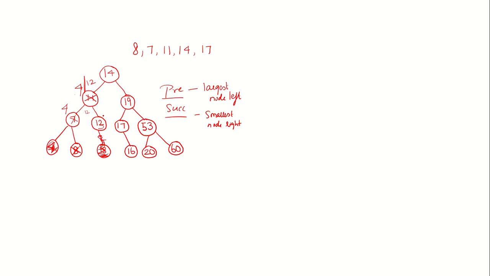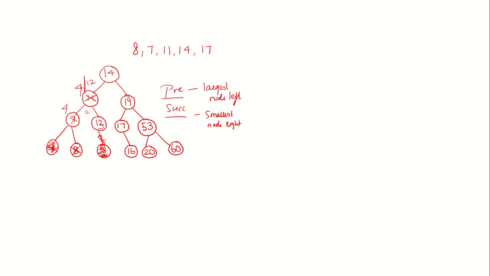So these are the three scenarios for deletion in a binary search tree. So it's very easy. If there is no children, direct delete. If there is only one child, replace that node with that one child. If there are two children, replace the deleted node with either the successor or with the predecessor. Okay, so this is the principle.